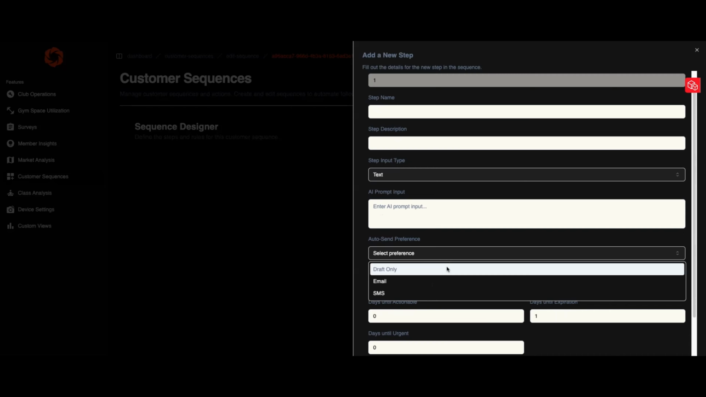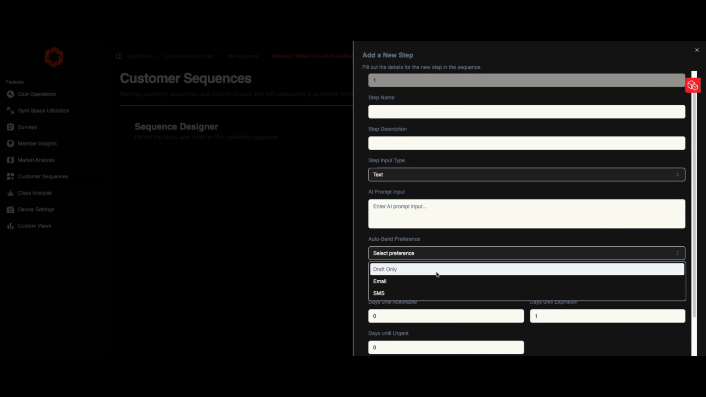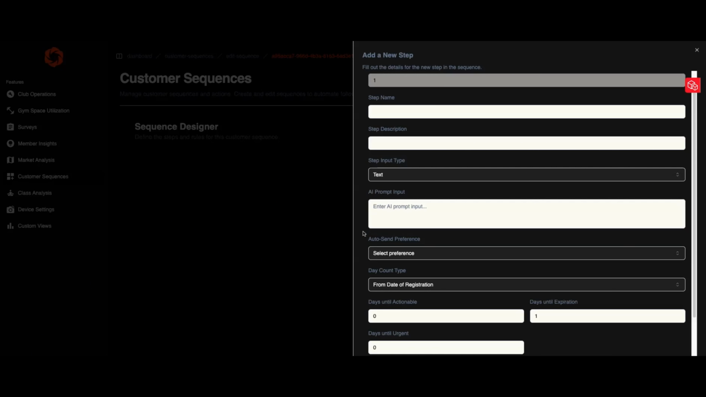And then, do you want this to be a draft only, or do you want to fully automate it where there's no human interaction needed? Draft only is if you want a human to get involved in the loop and review the message or something of that nature. The date of registration,